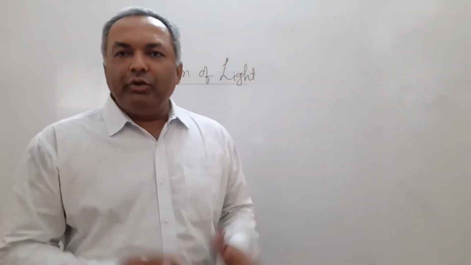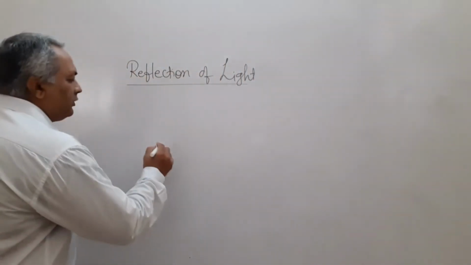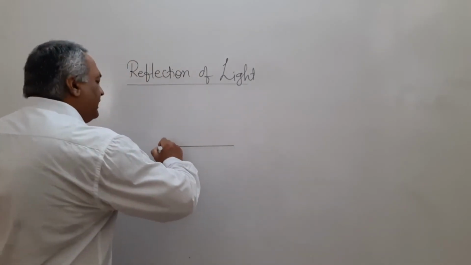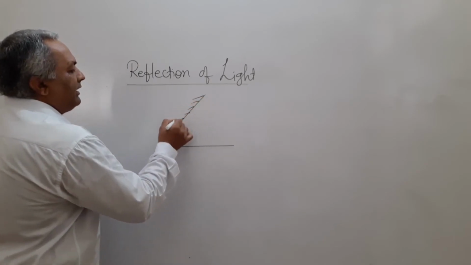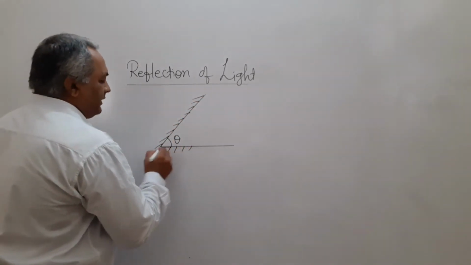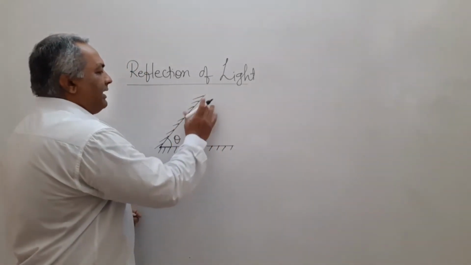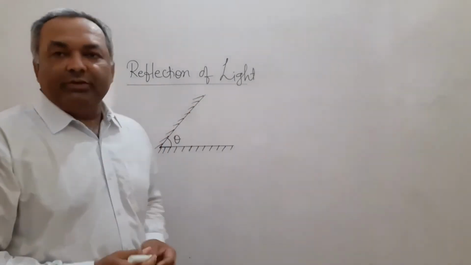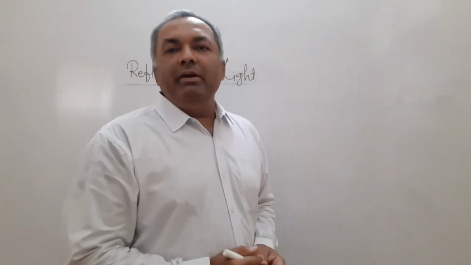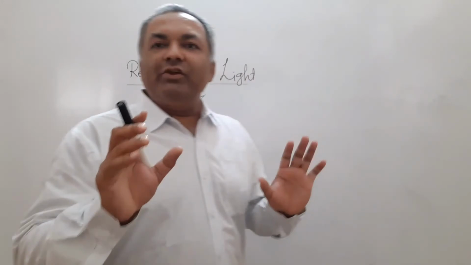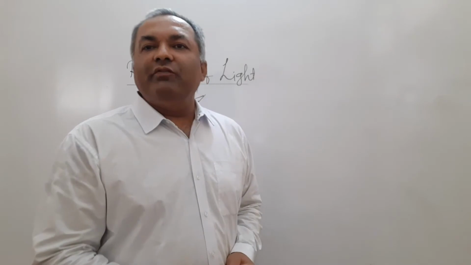Now, suppose that you have been given 2 plane mirrors instead of 1. And what's more, those 2 plane mirrors are placed such that they are inclined at an angle theta, and they have got a common vertex at this point. So imagine an object is placed somewhere in this space between the 2 mirrors. Now, the first thing that is going to happen is we are going to see multiple images of that object if, as an observer, we are standing somewhere in this region. We will see multiple images of those objects.